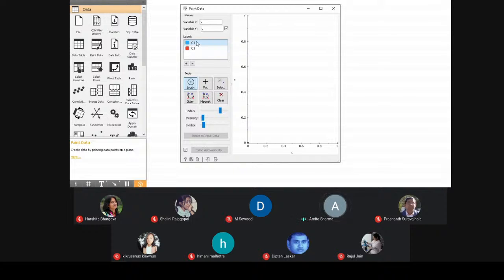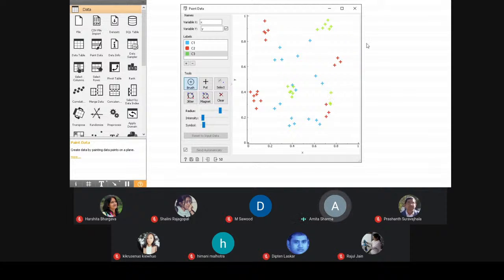After selecting the particular category, you can plot the data randomly just to generate random data for a random study. Okay. Similarly, you can select any other class. If you want to add more classes, you can use this plus option and get more classes and plot them according to your requirement.